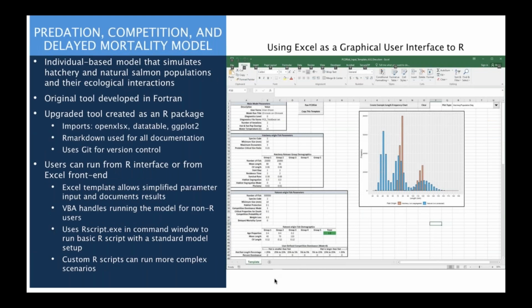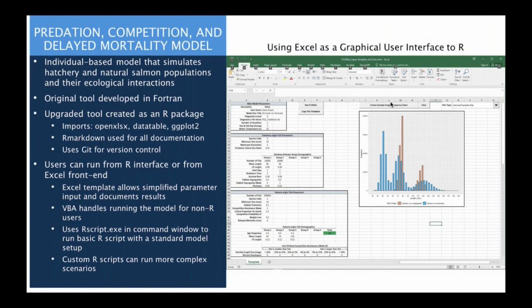Okay, the other tool that we're using is called the Predation, Competition, and Delayed Mortality Risk Model, or the PCD Risk Model. Originally this model was built by Todd Pearson and Craig Busak in Fortran. So when I came on board, we decided we wanted to update this to a more contemporary package that's more transparent and more user-friendly.